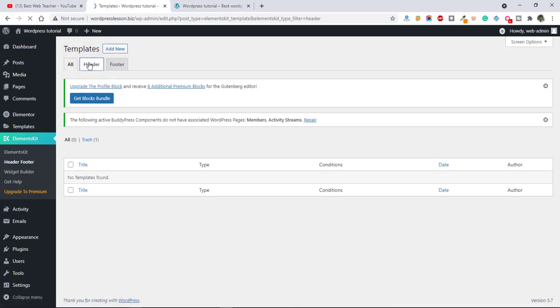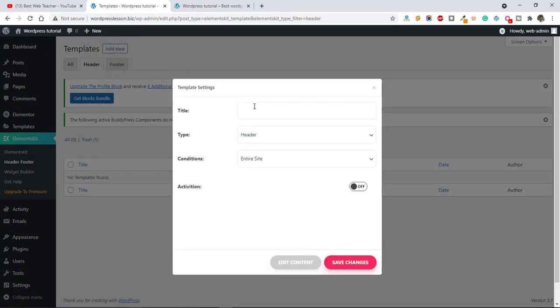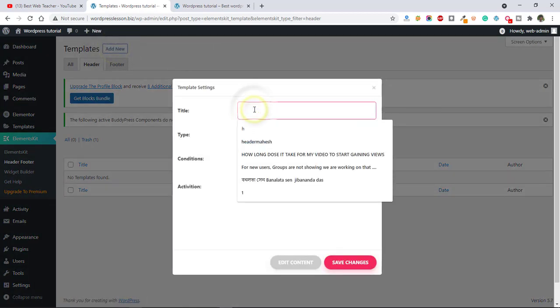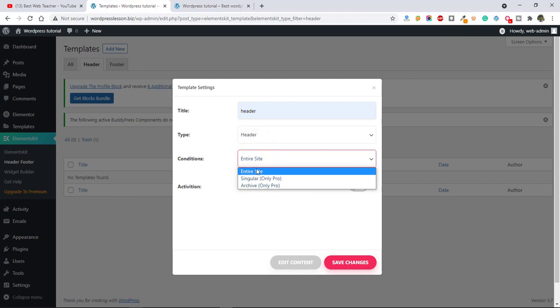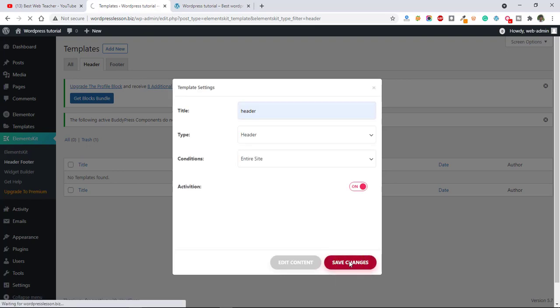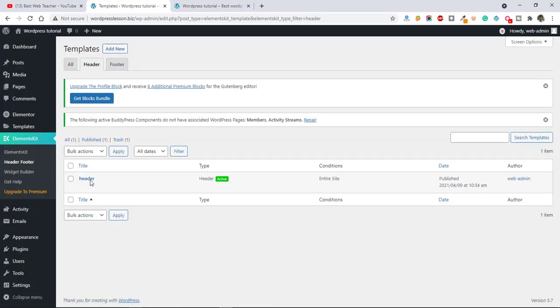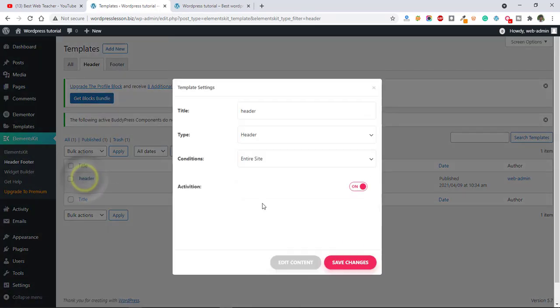After that click on the header section and click on add new and just write a title here, header, and I want this header on the entire site. Okay, click on activation and save changes. Okay, it's done.